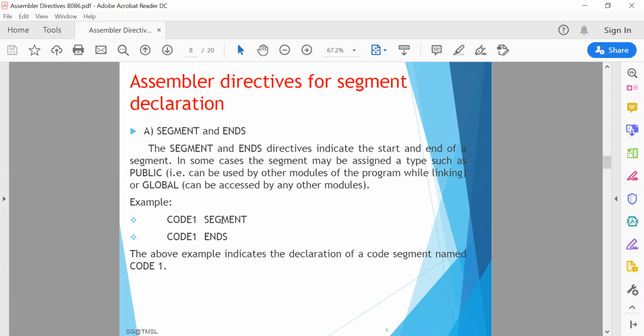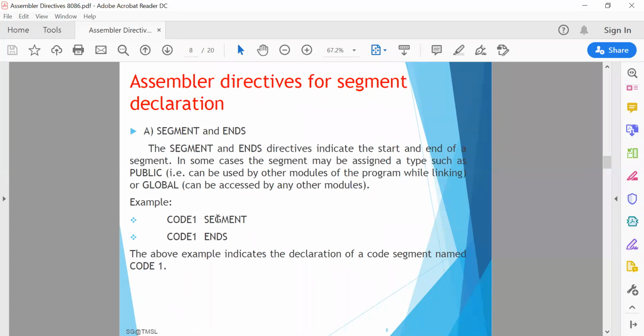So if it is started like code 1 segment, code 1 is your name, and you have to write the instructions here one by one. Then you have to write code 1 ends. To end your segment, you have to write the end segment directive using ends.